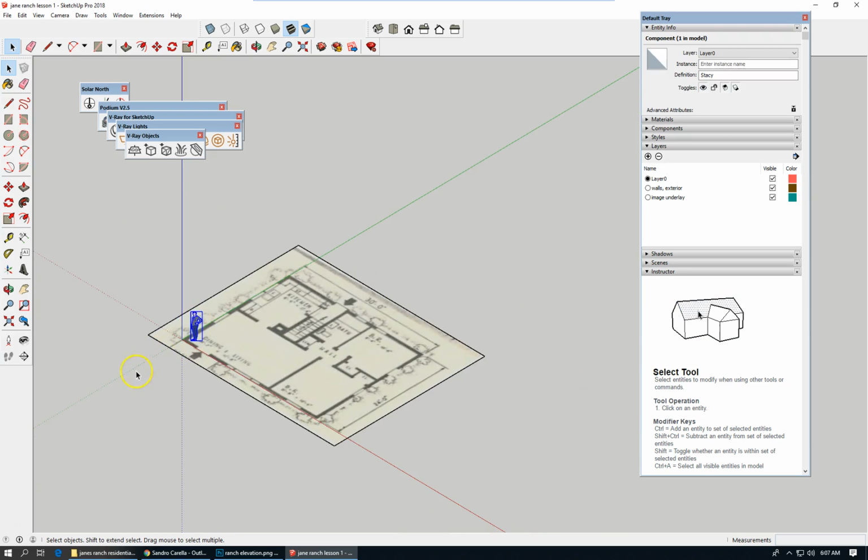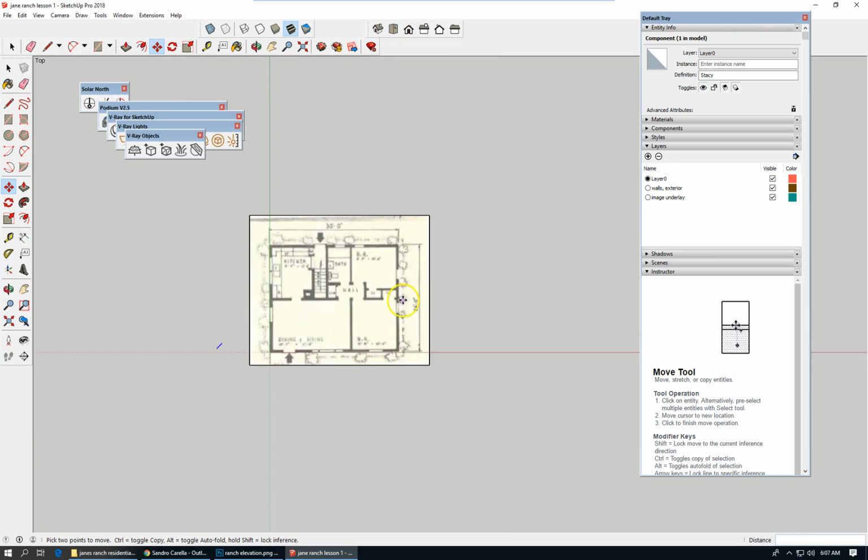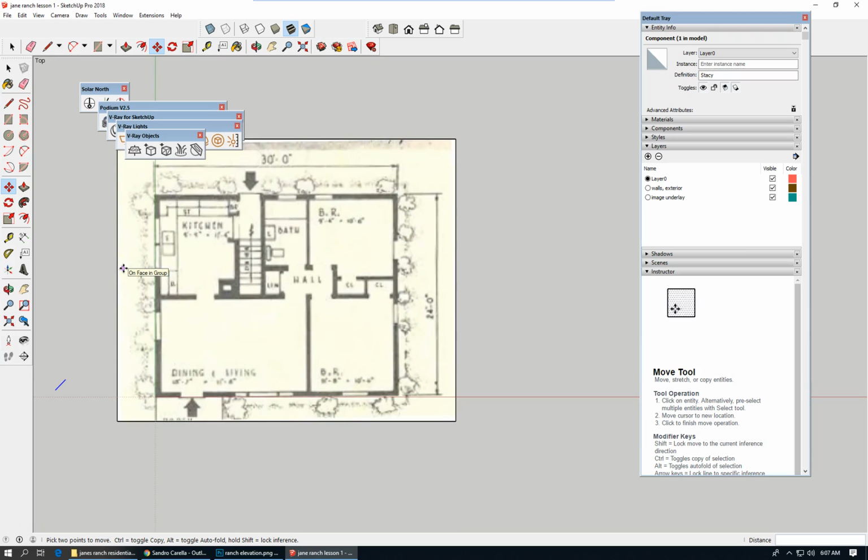Let's move this entourage out of the way. Go to a top view, and again, work in parallel projection. It's easier so you don't have the foreshortening that perspective view introduces. So we need lines that are going to be